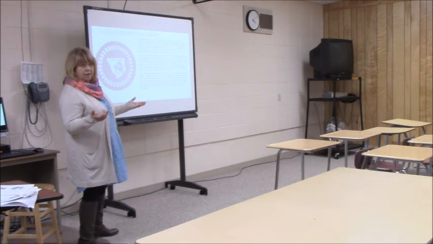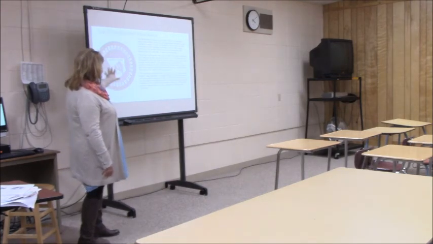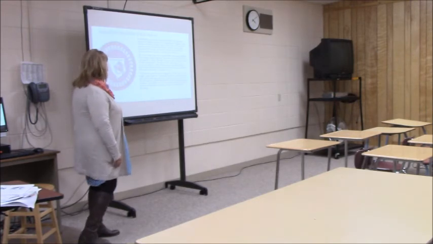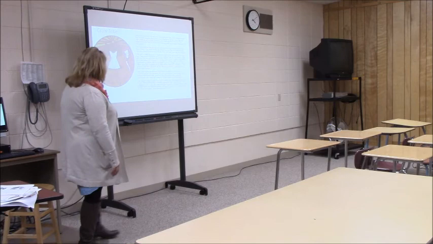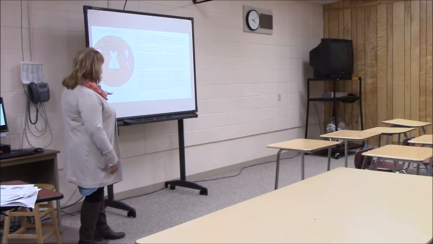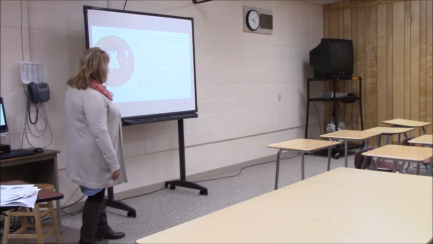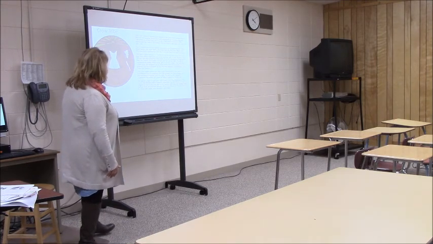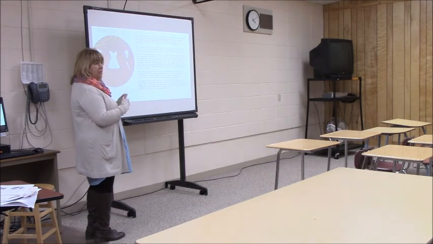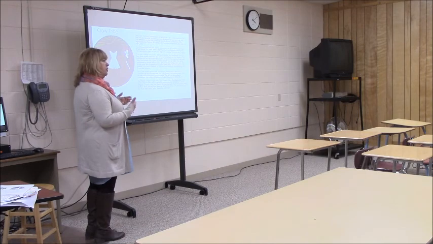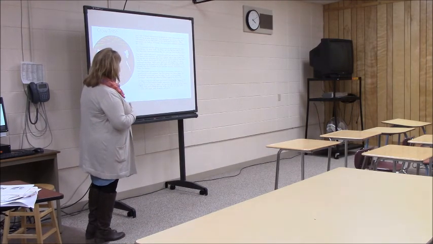So you can talk a lot about that in 15, 20 minutes if you want to go into a lot of detail with them and ask them what they think all the different elements are going to mean. Then the next slide goes to the Crow tribe. And again, there's a lot of information here for this one. And a lot of the kids know a lot about the Crow tribe already, like, for example, the three sacred mountains, Wolf Peak prior to the Bighorn Mountains. So it's a great thing to talk about with social studies, talk about different cultures of different areas. And the two rivers, the Bighorn, the Little Bighorn as well.